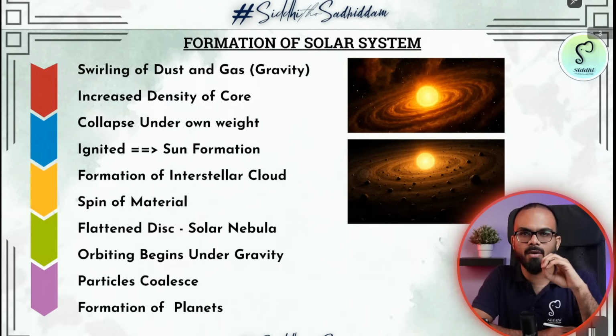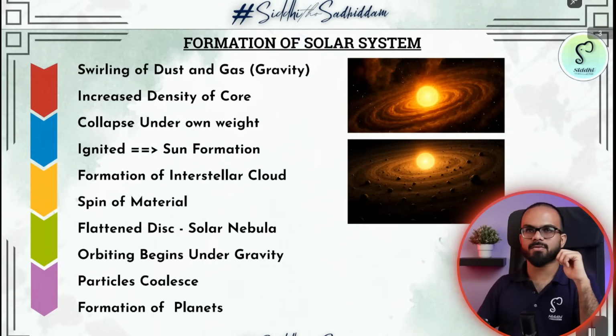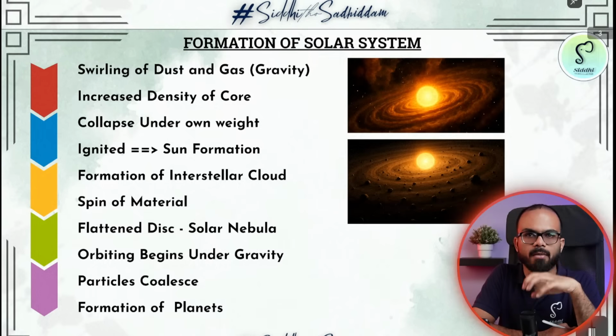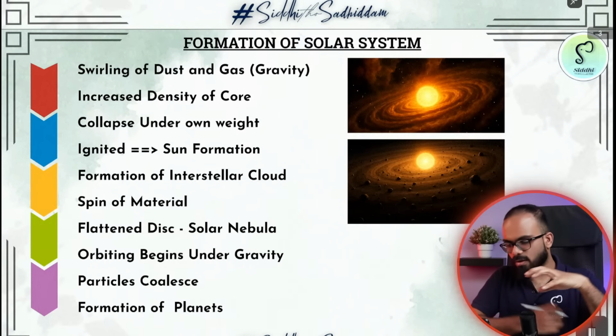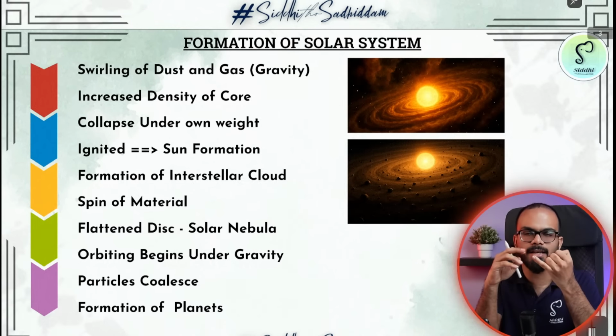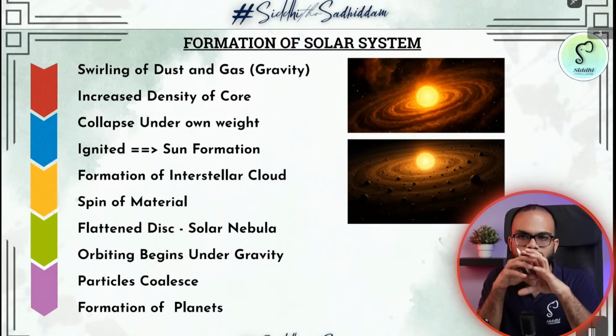Can someone tell me how the solar system is formed and what is our galaxy? I'm waiting for your answers. What is our galaxy? Milky Way galaxy. And how did our solar system form in the first place? All right. So basically, the entire solar system formed in a specific manner. You're all absolutely right. Through the Big Bang Theory, the Big Bang Theory explains everything.